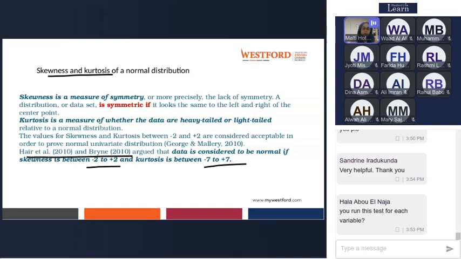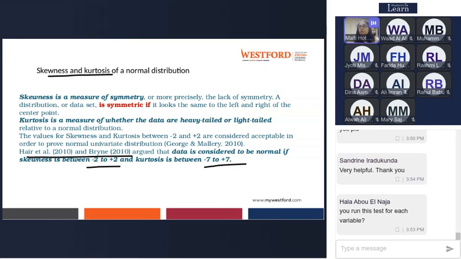No, no. So I'll show you. There are parametric tests and non-parametric tests. Parametric tests are applicable to normally distributed data, and non-parametric tests are applicable to any type of data.